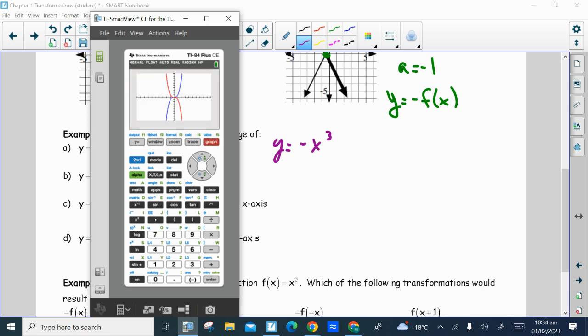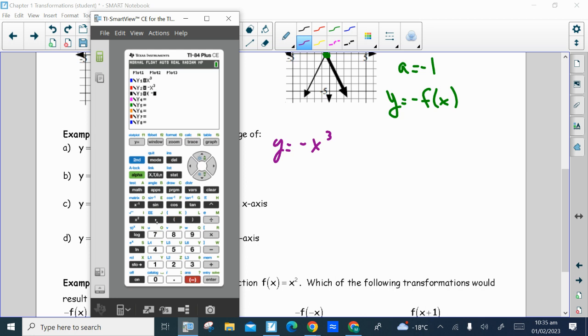And that's what it looks like. That's the graph after it was reflected over the x-axis, because we let a be negative. But if you look at the original graph, the blue graph, and think about it reflecting over the y-axis, it would look the same. And if we put a third equation